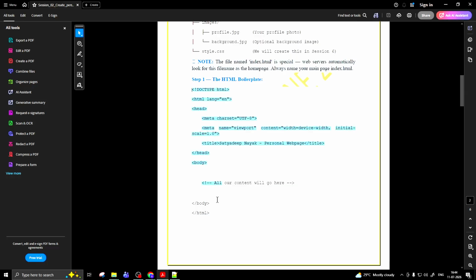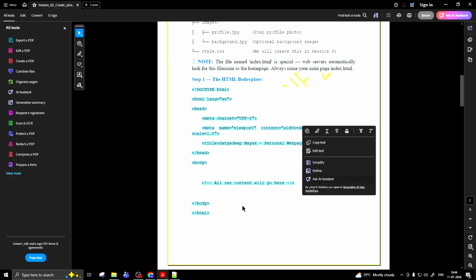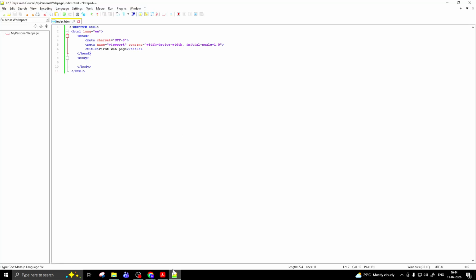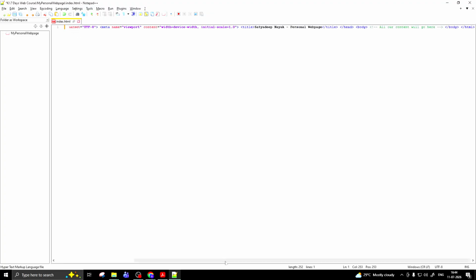Just copy this. This is the HTML boilerplate. Go to the editor section and paste it. You have to arrange this,